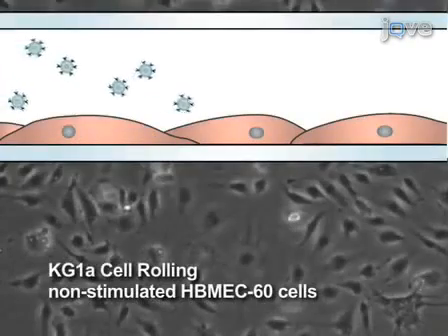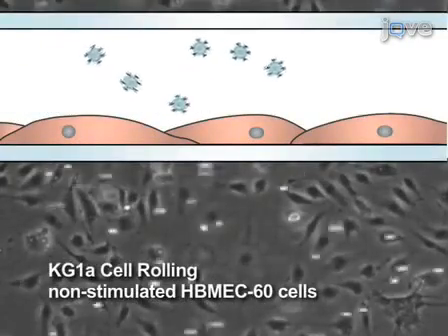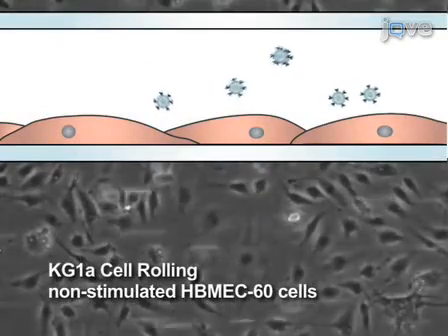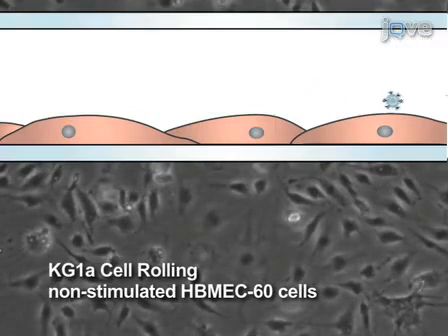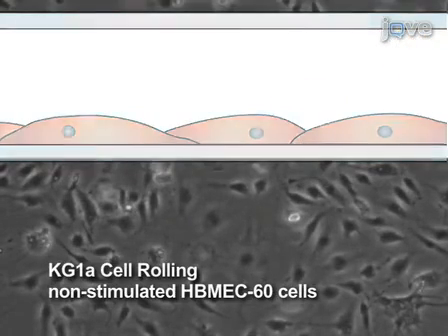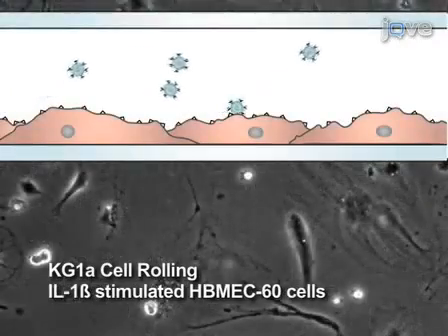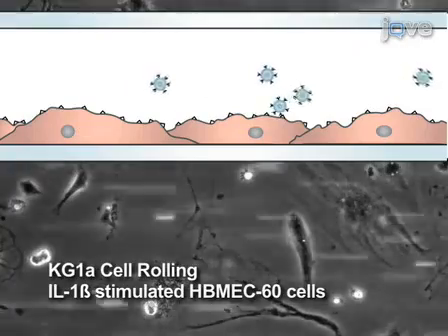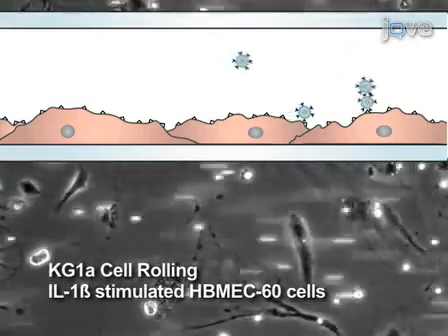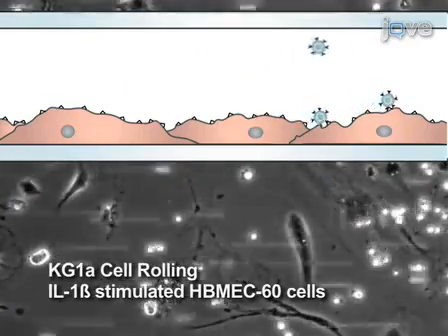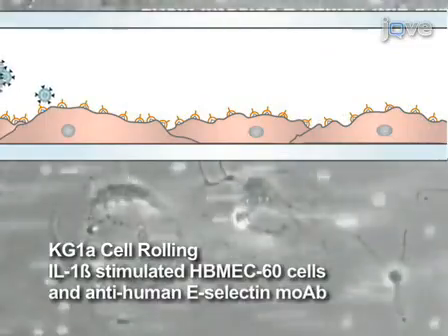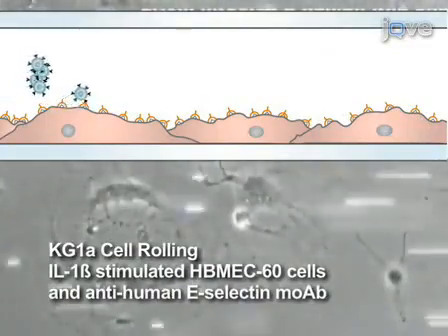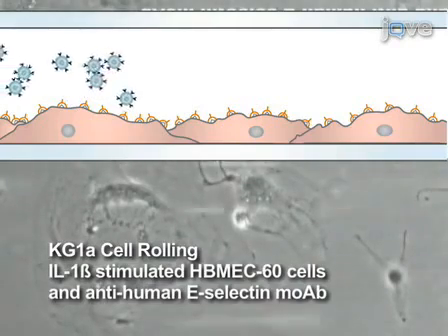An unstimulated endothelial cell monolayer serves as the negative control for this experiment. To do this, infuse KG1A leukocytes into the flow chamber over untreated HbMEC60 cells. To control for E-Selectin dependence, stimulate the endothelial cell monolayer with IL-1 beta and infuse the leukocytes over these cells. To further control for E-Selectin dependence, treat HbMEC60 cells with IL-1 beta and then with anti-human E-Selectin antibody. Then analyze leukocyte rolling events on these